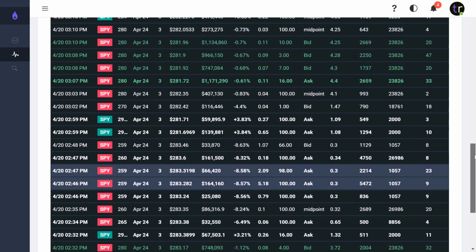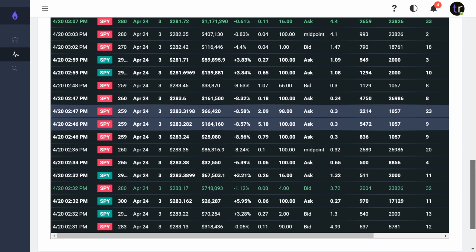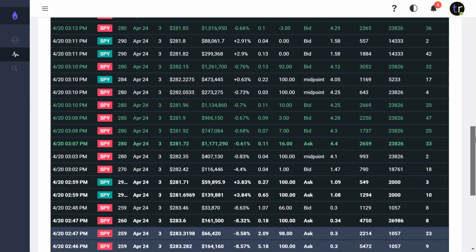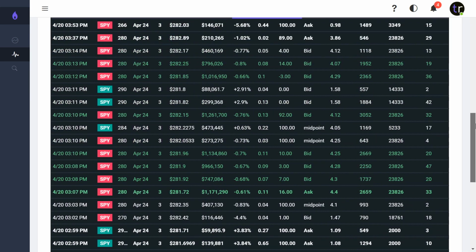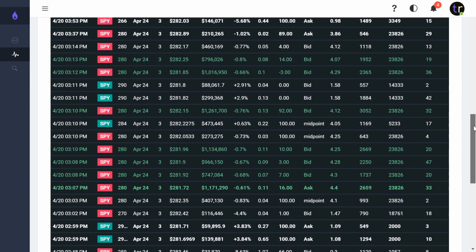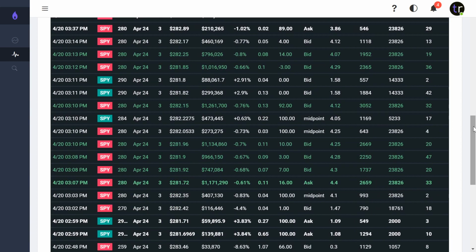I'm going to show you guys a little bit of a breakdown of the potential earnings that you could have made, but just to give you an overall sweeps idea here, there was a lot of conviction on the 280 as well, so it wasn't just the 259. But the 259 gives you an idea that they're expecting a big move, because in order for an option to move that deep out of the money, the stock's underlying price has to move rather significantly